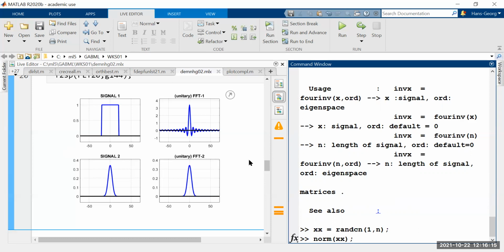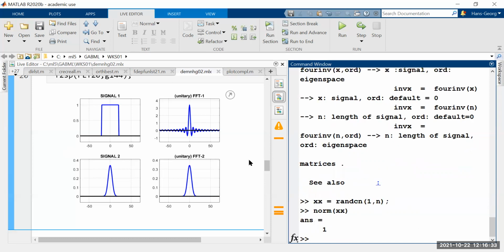So I take real values which are symmetric, positive and negative, or actually I'm taking random, which is between 0 and 1, and I subtract 1/2, and it's symmetric around 0. And the same for the imaginary part. And then I say, well, the norm should be 1. So I would do this command. Now, if I want to know the norm of the FFT of this random vector divided by the norm of X,